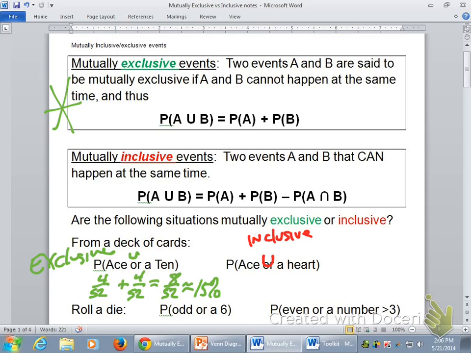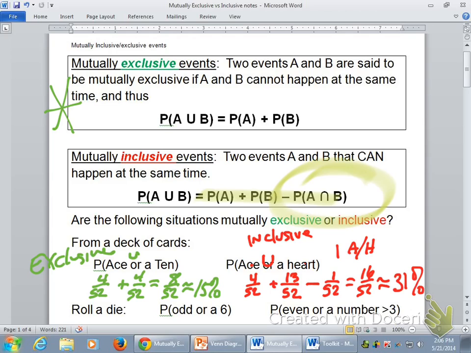So what's the probability of that ace? 4 out of 52. And what's the probability of that heart? Well, there's 13 hearts, right? So 13 out of 52. But somewhere inside both of these, I've double counted, haven't I? So I need to subtract what they have in common. How many ace hearts are there? There's one ace heart, right? So I'm going to subtract 1 out of 52. And when you put that together, you got 4 plus 13 minus 1. And of course, that's 16 out of 52.